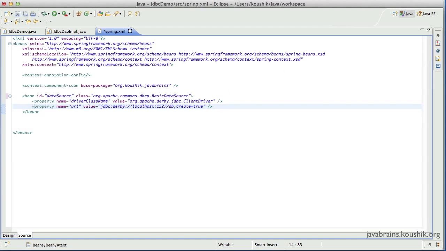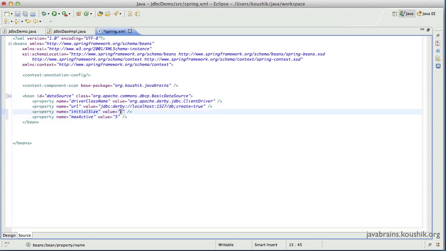But the advantage of using DBCP is you can add additional pooling related properties. So I can add these two lines over here, which configure the initial size of the pool, which I've configured as value 2, and then the maximum active connections in the pool at any point of time, which I've configured as value 5. So this is all it takes, at least code-wise, in order to change the data source